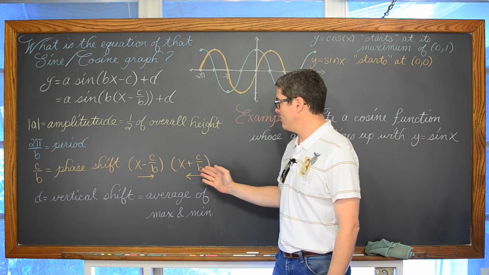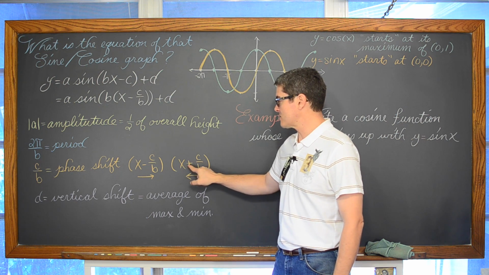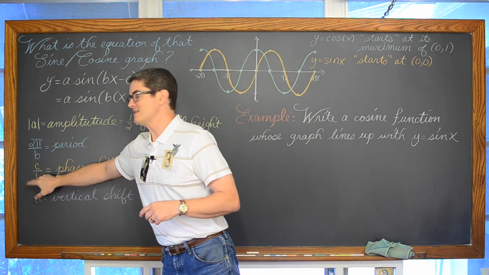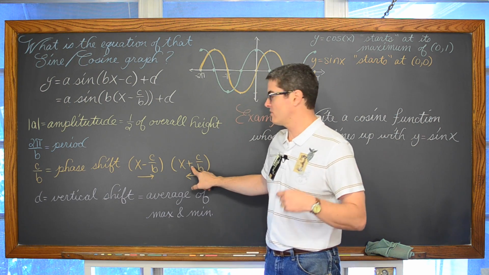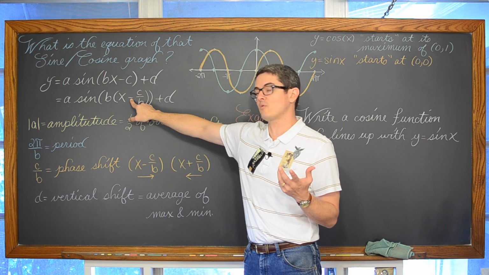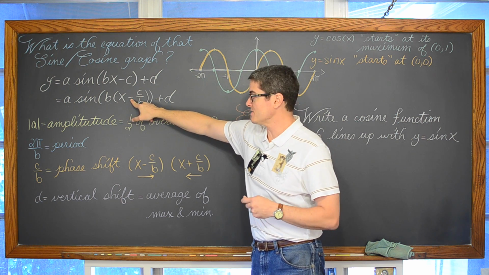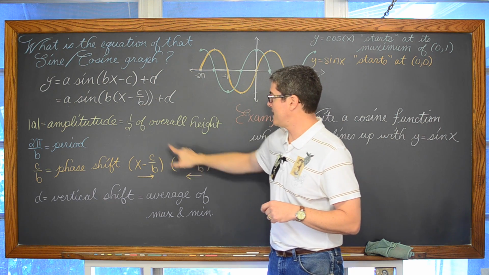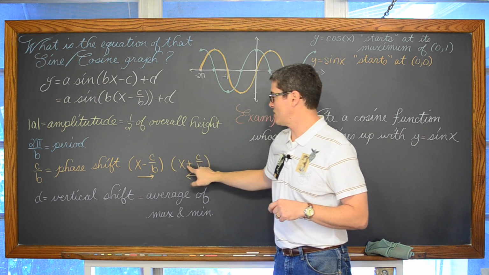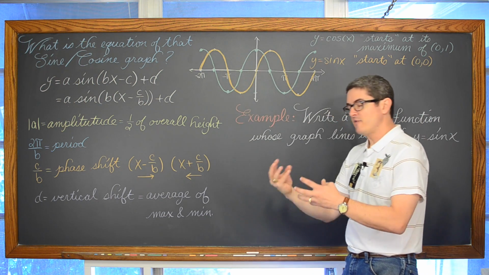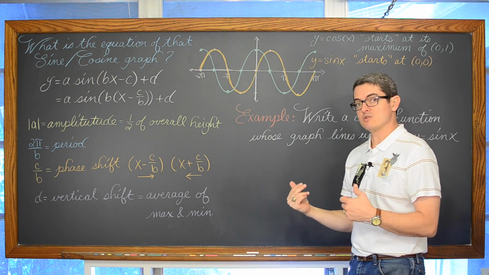And if you have an x plus c over b, that really means that that c over b value is negative. The minus sign is already in the standard form, or general form, whatever your book calls it. That phase shift would have been negative to cause that minus to change to addition. Okay, so x minus c over b, really the phase shift is positive c over b. You have a phase shift to the right.